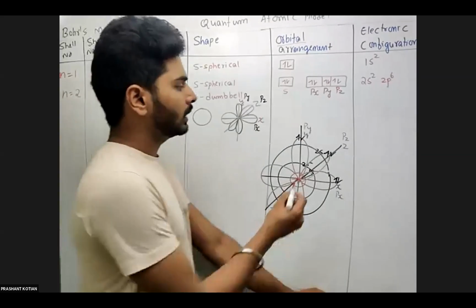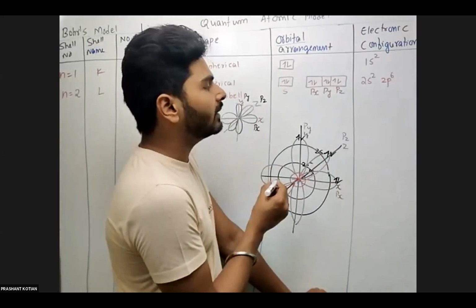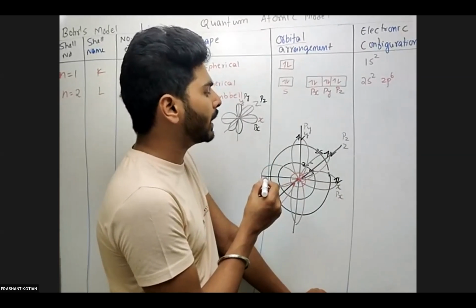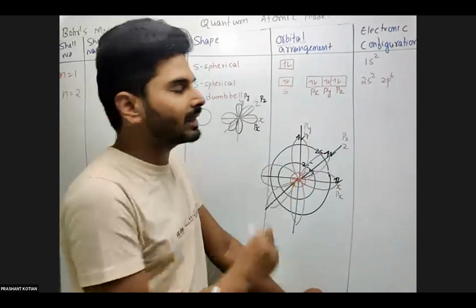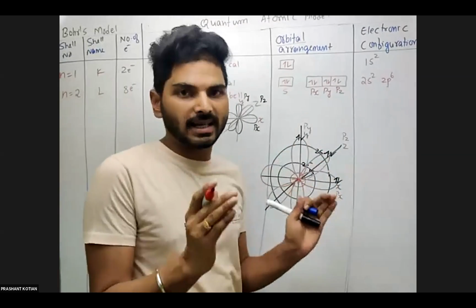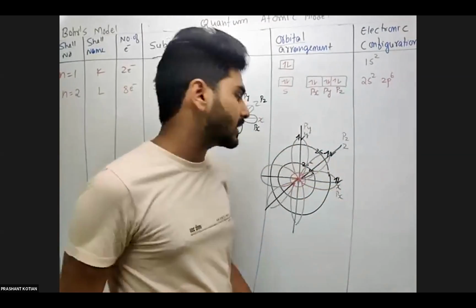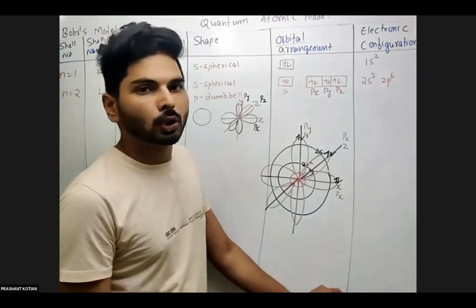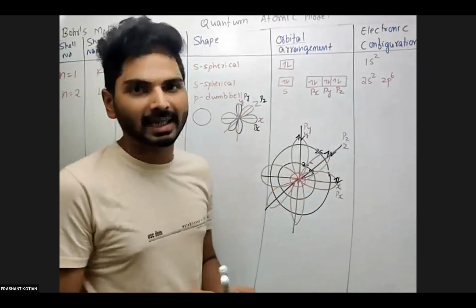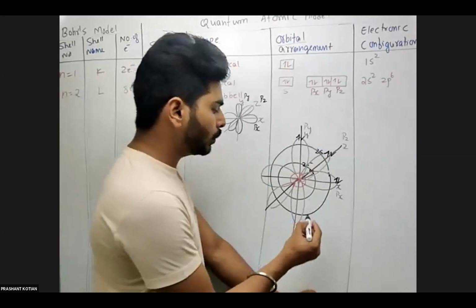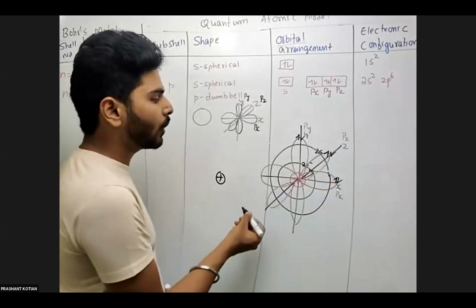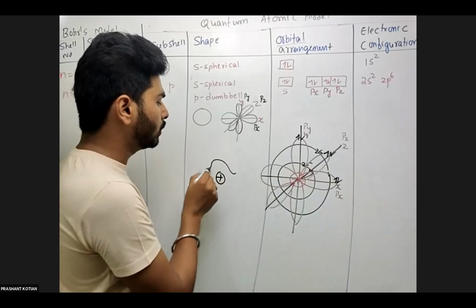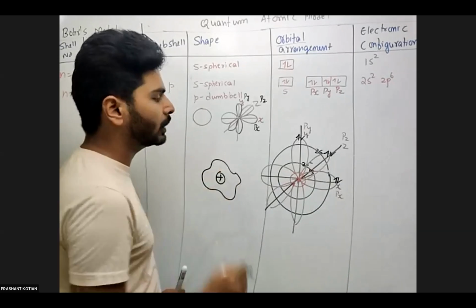Now see here, while filling the electron, I had told you, but I am reminding you again. From an electron's perspective, if you look at the atom, we are constructing an atom. If you are starting from the beginning, let us say, the nucleus will be there. Simply the nucleus will be present. Now you are adding one electron. That electron will move in a spherical manner around the nucleus.